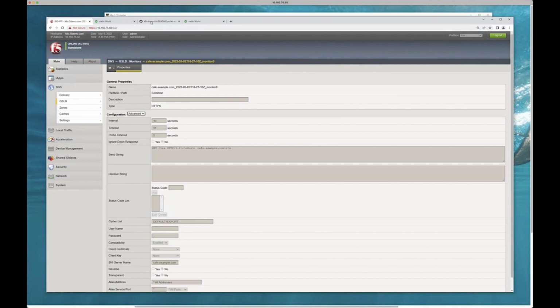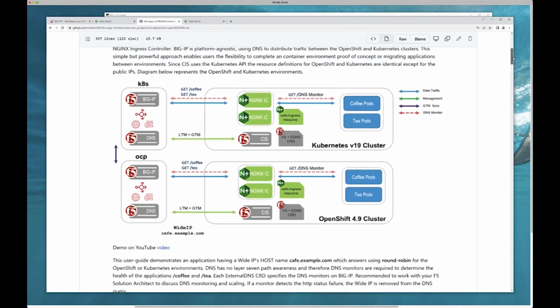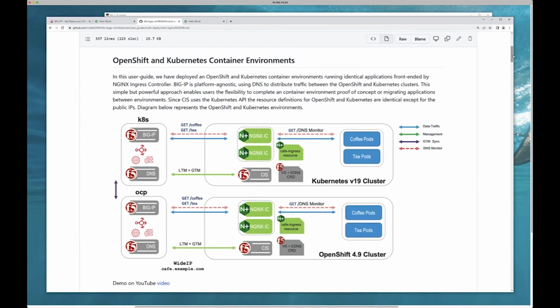So let's go back to the architectural diagram and just do a quick summary. The summary here is that we have multiple environments, one in this case being Kubernetes, one being OpenShift. It doesn't really matter what you have. And what you want to do is potentially do some type of active between these two. And what I'm doing here is I'm round robining between the two environments. But there's other methods that potentially could be done. It's just that we started with round robin. We're trying to get the community to do some testing, etc., and get some more feedback. But